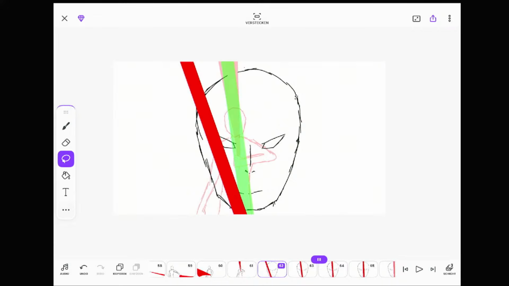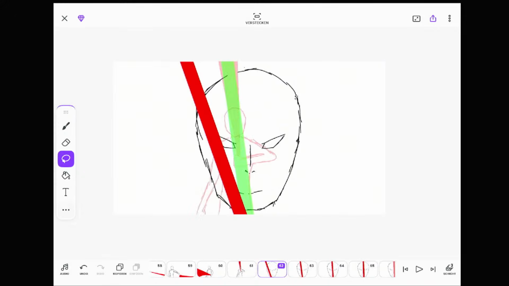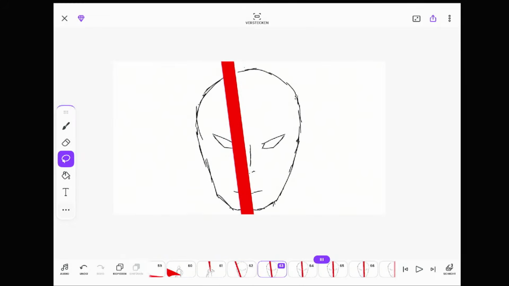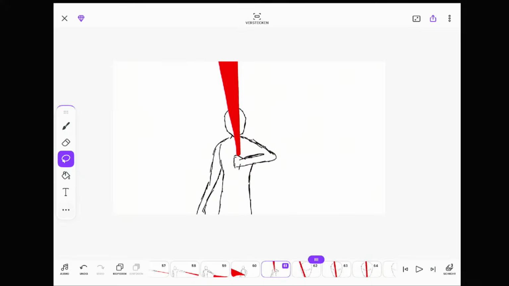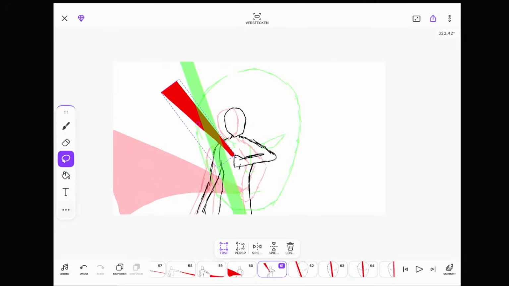Okay, I think I know the problem. It looks a little bit off because right here the lightsaber is way more in front of his head. So the thing I have to do is put the lightsaber less in front in this frame.